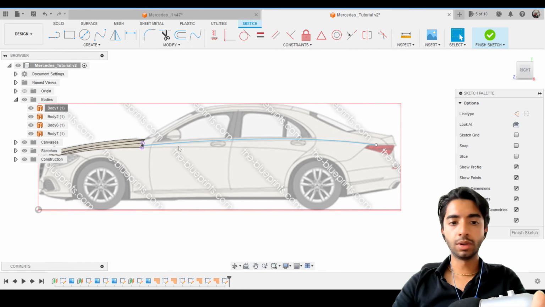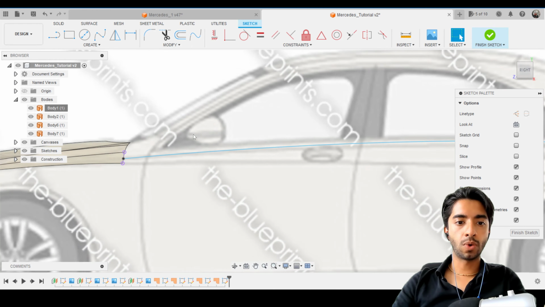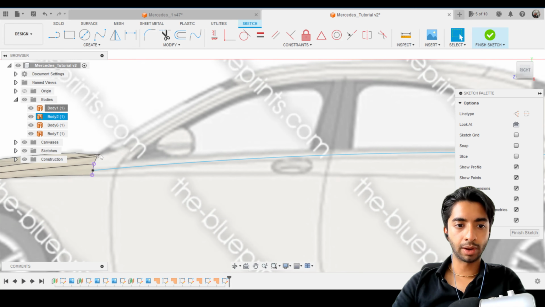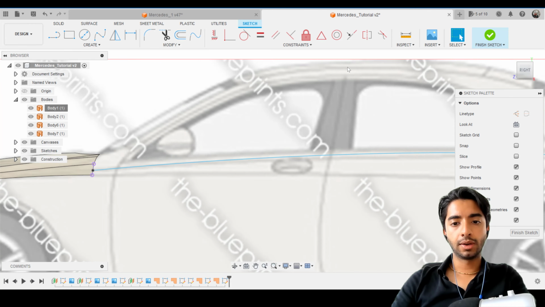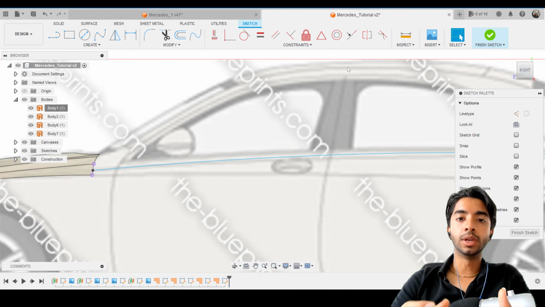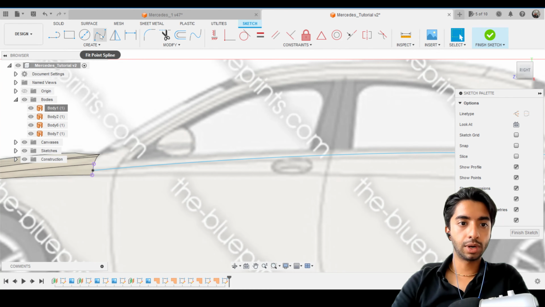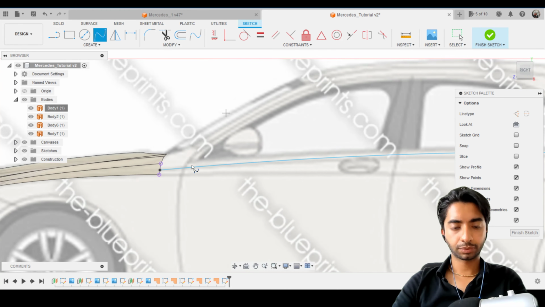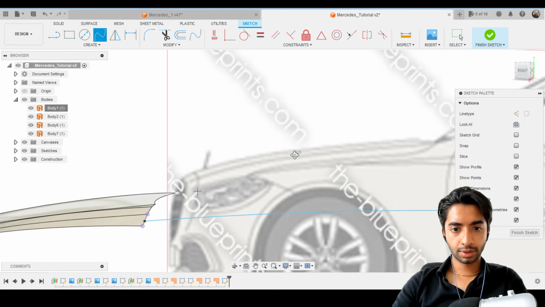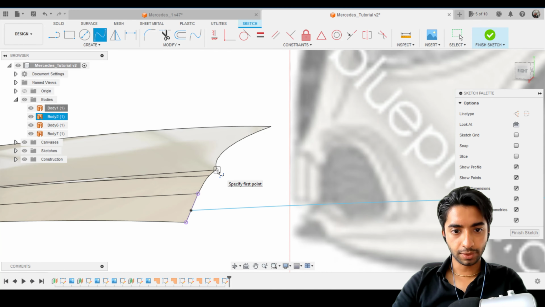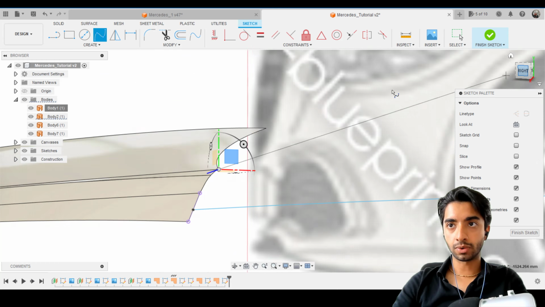Okay, moving on. What I now want to do is create a similar sort of spline from here all the way till here. And this is actually different from what I was about to show you a year ago. But what I'm about to show you now hopefully will allow us to create some continuity between different surfaces. So let me show you what I mean. I'm going to create a new fit point spline, shift, and I want to start from this edge over here, or this corner over here,